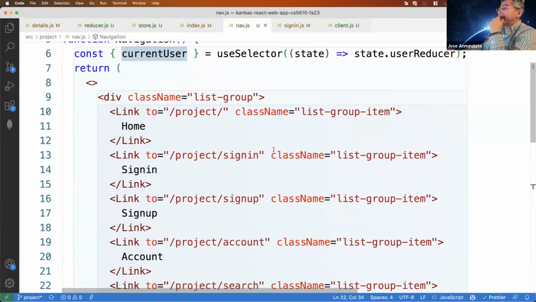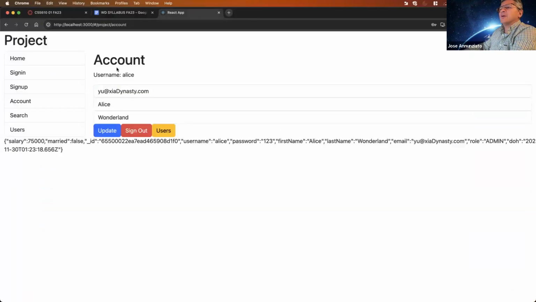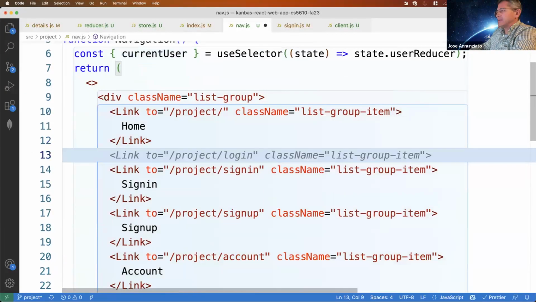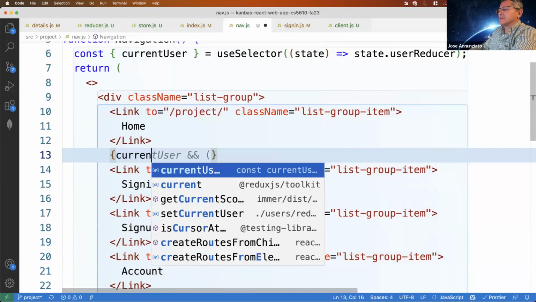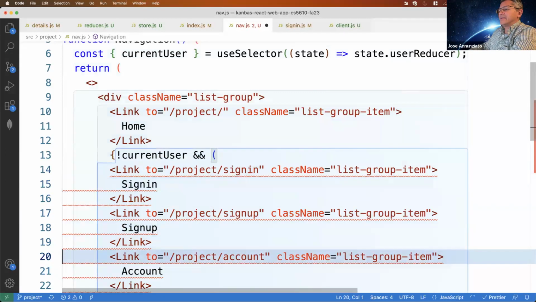We can say, hey, if you're logged in, you shouldn't see this, right? So we can say maybe current user. So if there is no current user, like that, then render these.